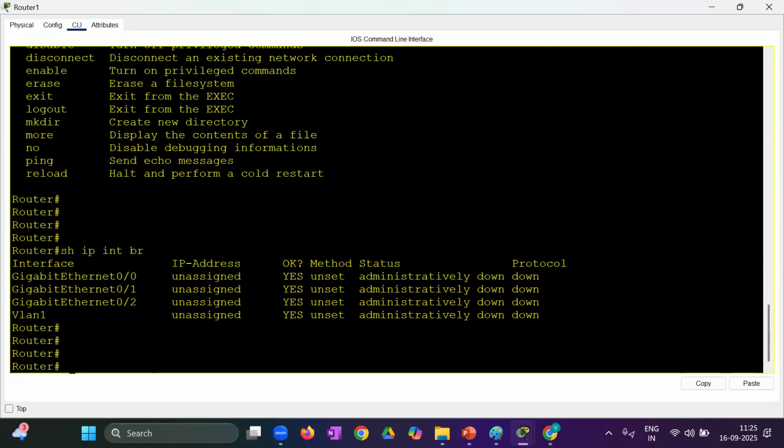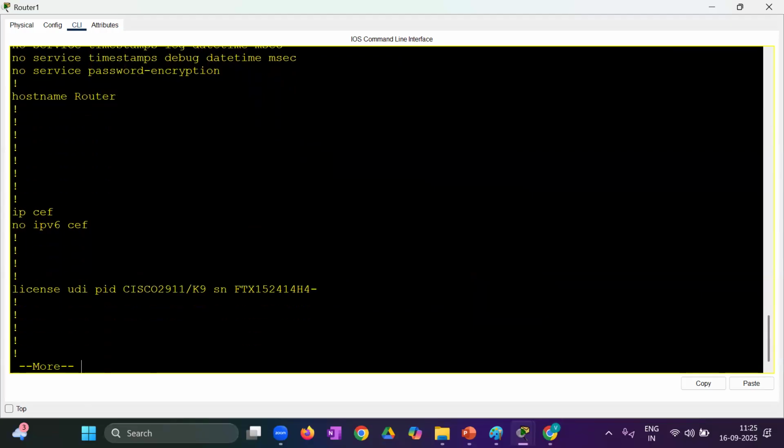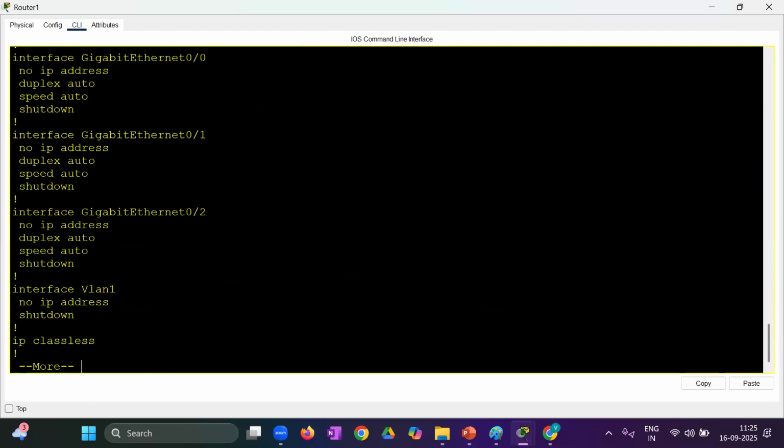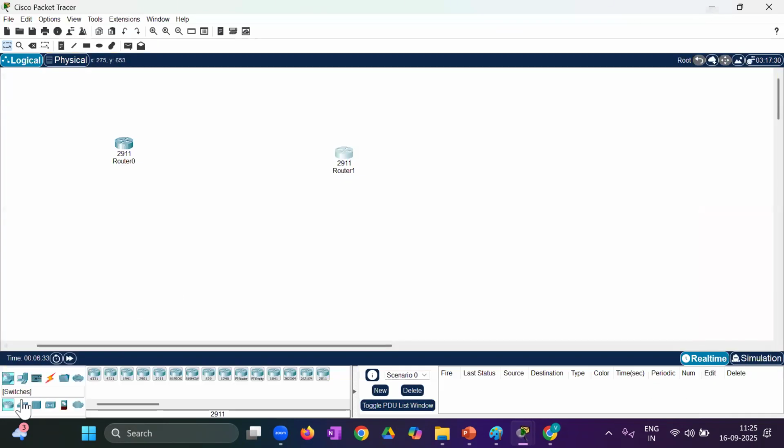Correct? Now, if you give the command show run here, it will show you what is running on this device. But as we have not given any configuration, it is not showing much. See, no IP address, no IP address, because we have not assigned any IP addresses on the router's interfaces. Correct? Now, for example, if you have taken one switch now,